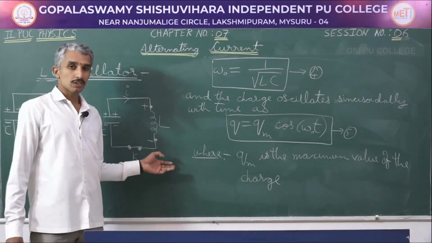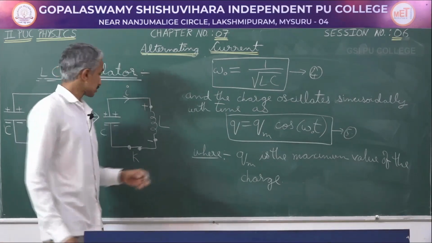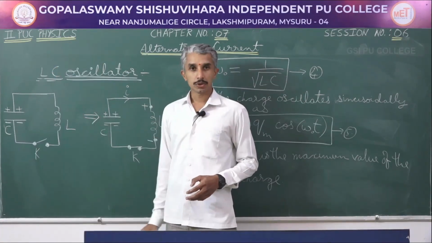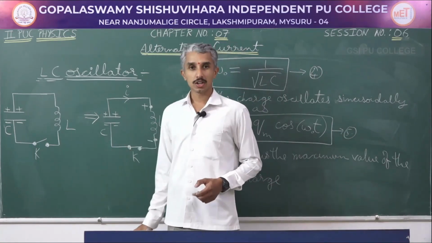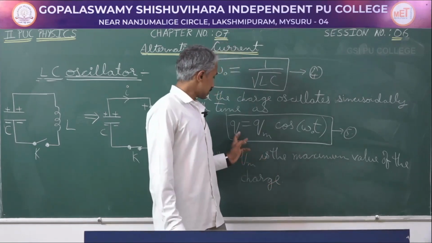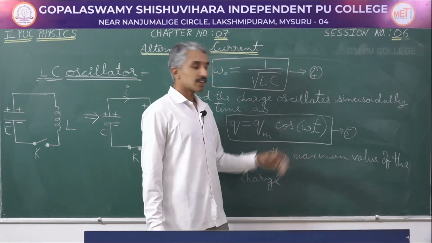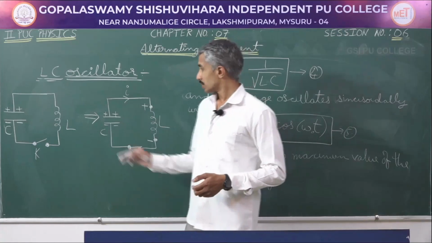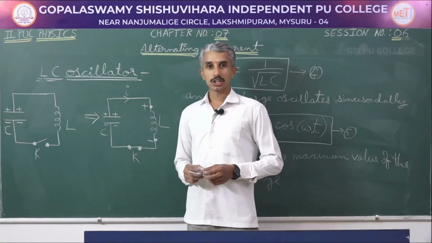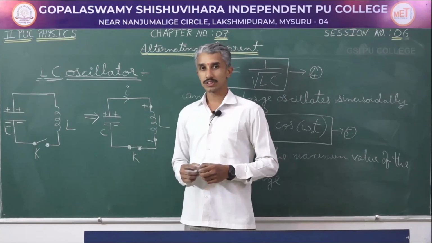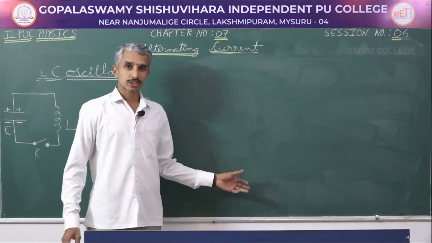With this, we have successfully proved that the LC oscillator circuit produces oscillations in which the charge on the capacitor oscillates by the equation q is equal to q_m cos omega naught t. You can further proceed and also show that the current in the circuit also oscillates. So, let me proceed further. I will be continuing from equation 5.